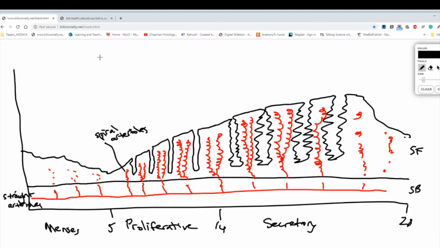cycle and what's happening with our hormones here and within the ovary. So everything that's driving this uterine cycle here is actually the ovarian cycle and the hormones from the ovarian cycle, which is driving it. So in the previous cycle,